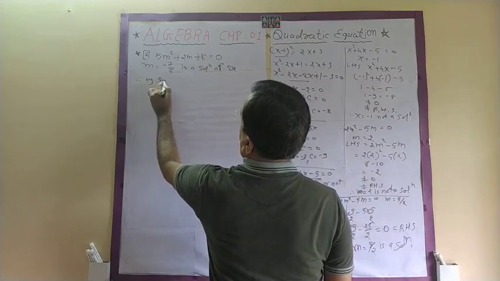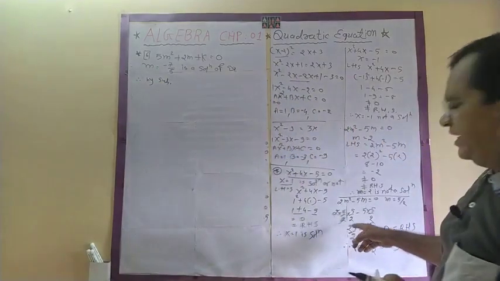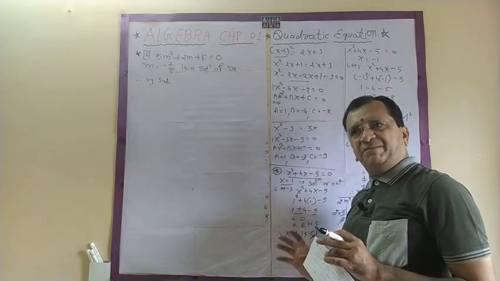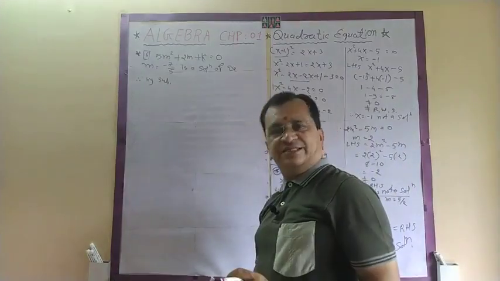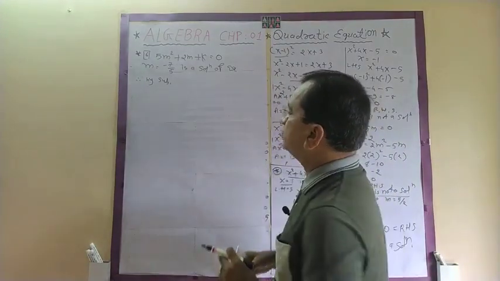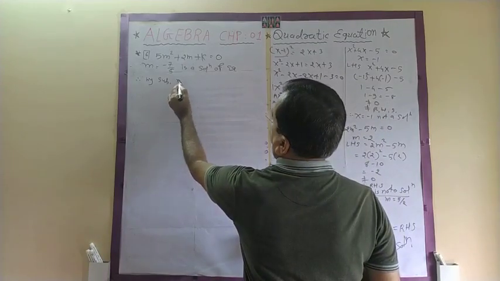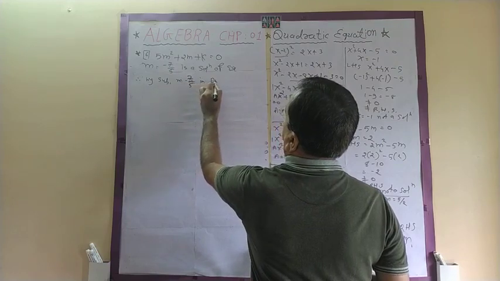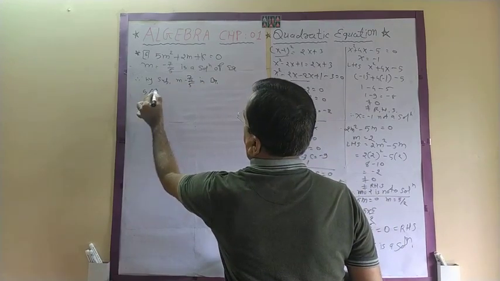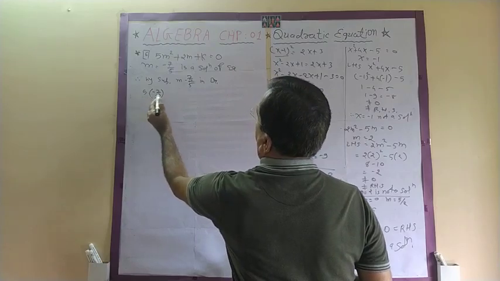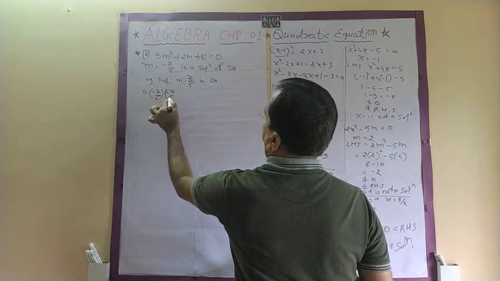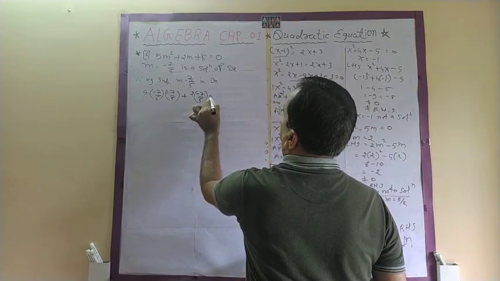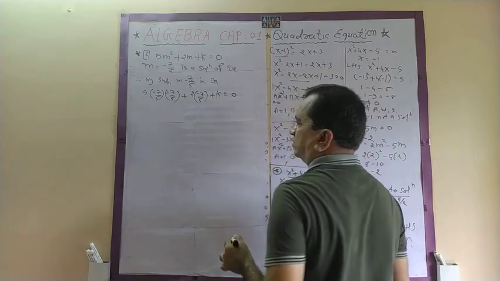Therefore, when we have to check whether it is a solution or not, at that time only we compare left side and right side. But when it is already given that it is a solution, use the full equation. So substitute m is equal to minus 7 by 5 in the equation. So 5 into minus 7 by 5 into minus 7 by 5 plus 2 into minus 7 by 5 plus k is equal to 0.